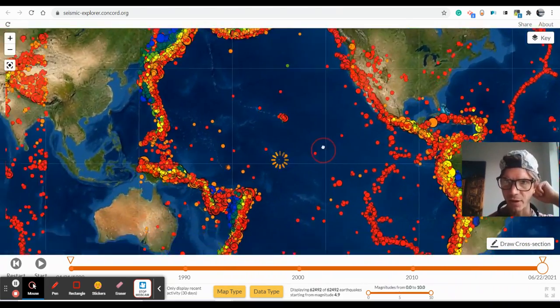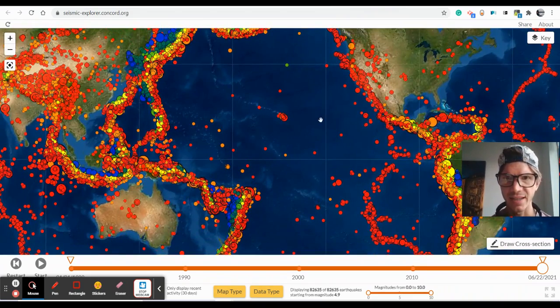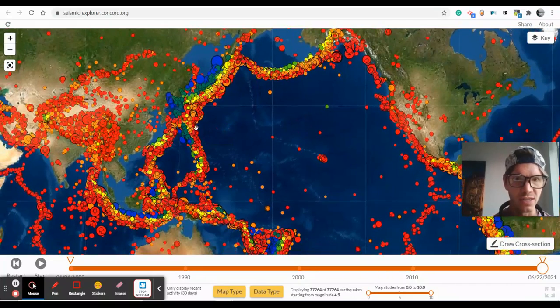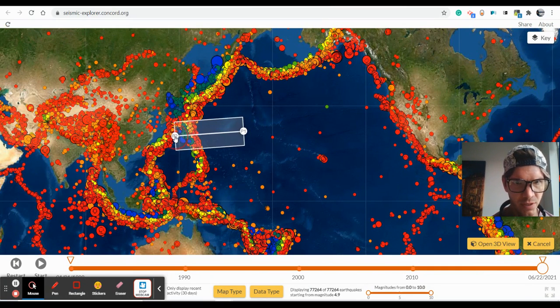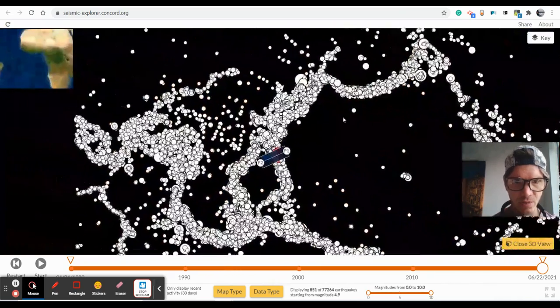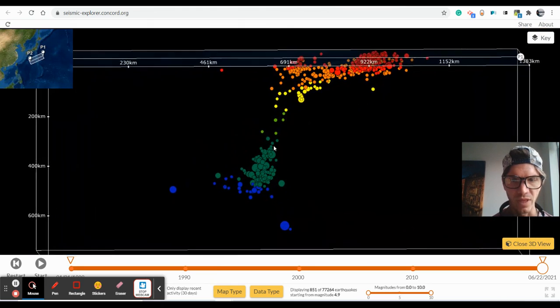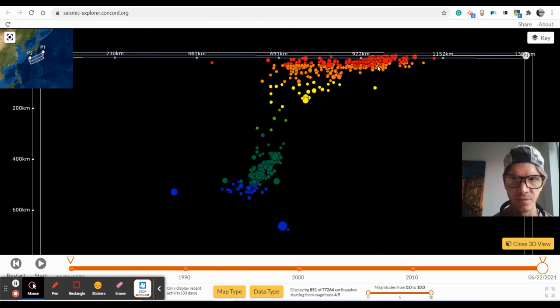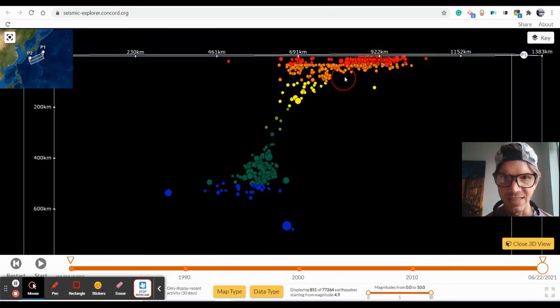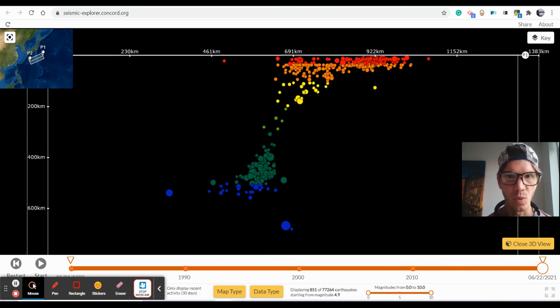So here's our Ring of Fire. See a lot of tectonic activity over here. You'll see that Marianas Trench, which we were looking at before. So again, we can take a look at the 3D view. So our Pacific plate is over here. That'd be the Philippine plate, I believe. So this plate, shallow earthquakes over here, and then we can kind of see the subduction of this one plate,